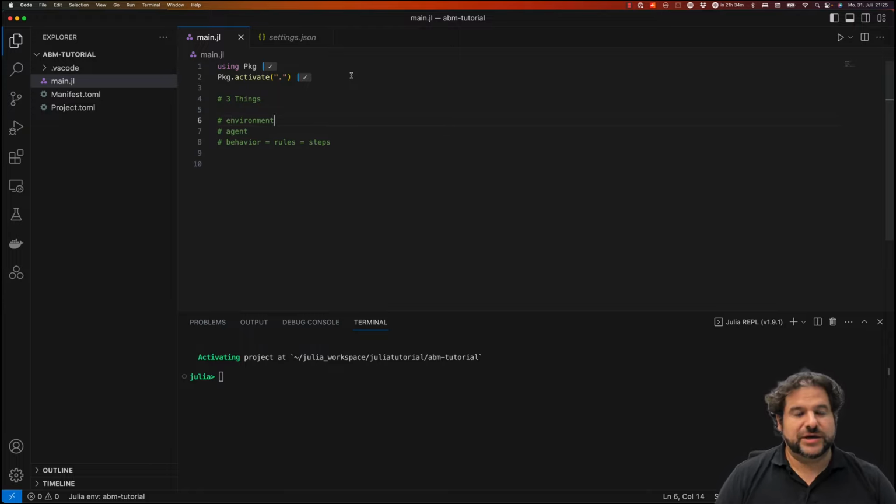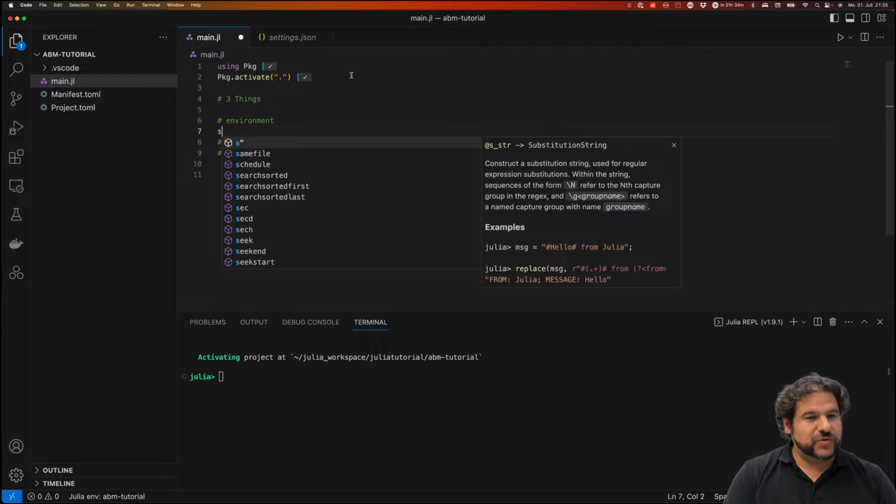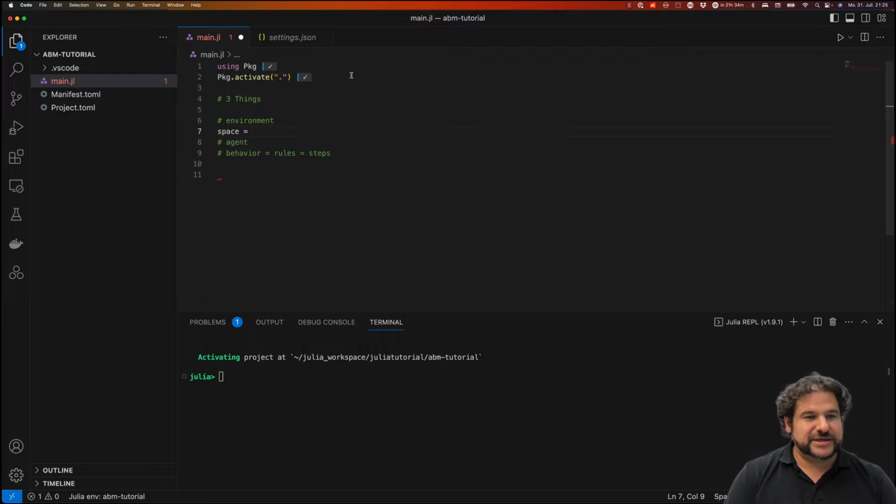So what will we do as an environment? We want to keep it simple in the beginning. The idea that I have is that we will have a grid-based agent space. So we would probably do something like space equals, we can do a GridSpaceSingle. The GridSpaceSingle is basically a lattice, and I need to tell it the dimensions. If I do it like this, and I think periodic equals false, this will give me a